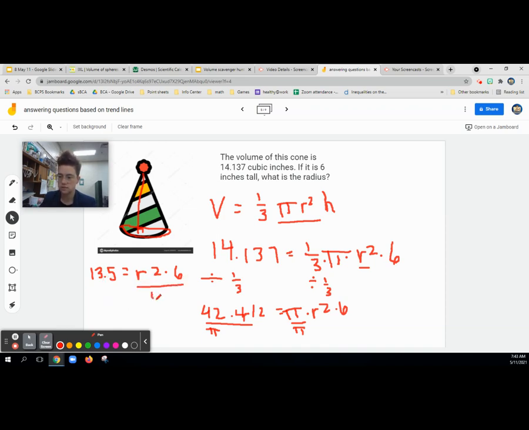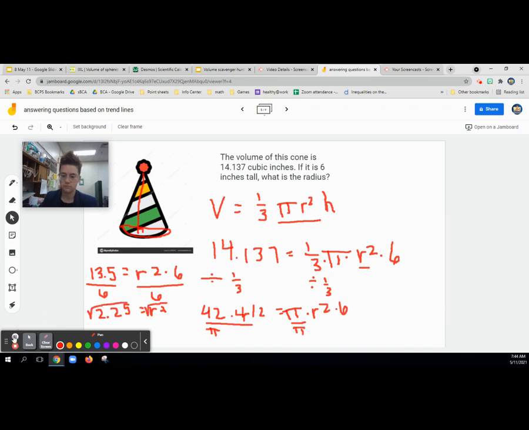So now we divide by 6. And we get 2.25. Now that's equal to our radius squared, right? And we want to find out what just the radius is. So this was saying if I had a square that had an area of 2.25, what would its side length be? We find that by taking the square root